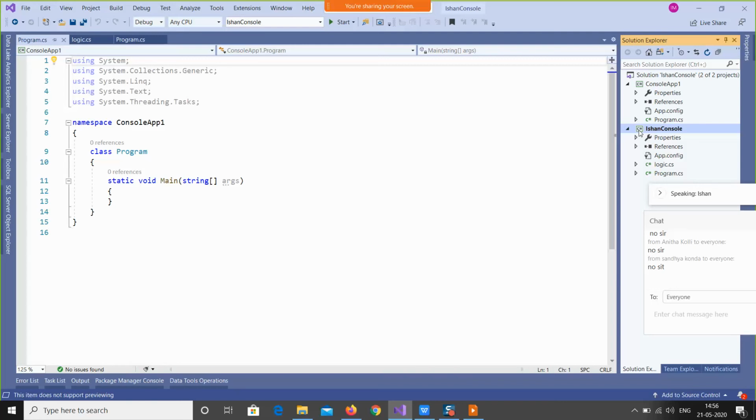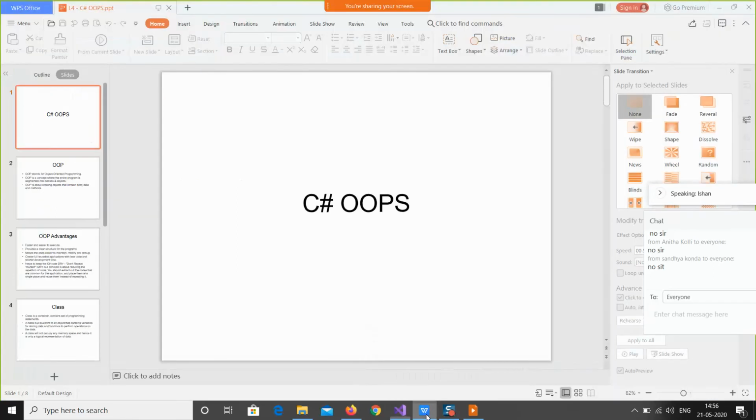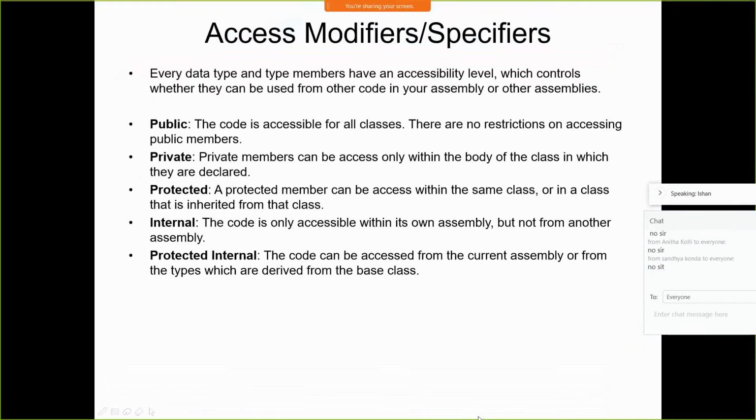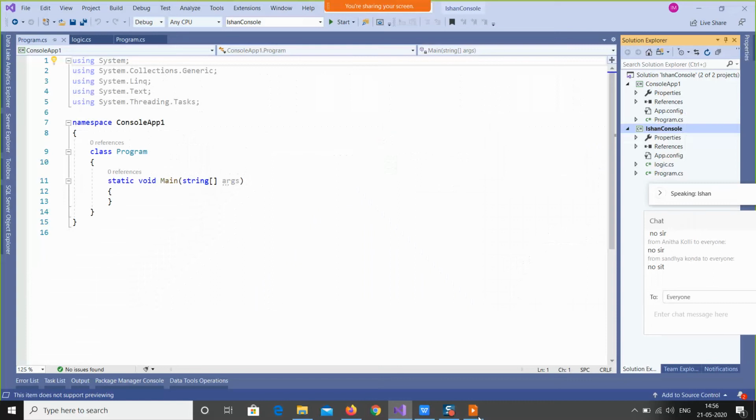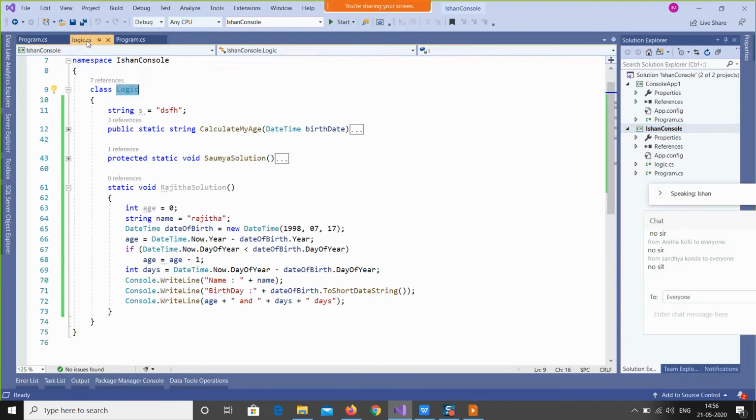Private, obviously, you cannot go out of your class. And there is one more access specifier, the protected internal. Protected internal means, as protected has done, internal means you can go within the inside, but using protected internal, you can take it outside the assembly, but yes, you need to inherit the class.